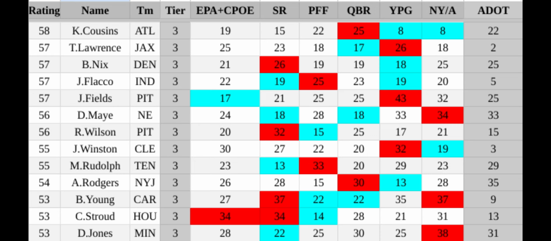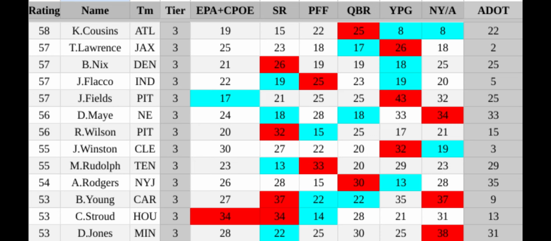Young is a PFF darling as well, just in general, being 22nd in QBR. Not too bad, especially when I think he was their worst quarterback last year. Maybe not, but he was definitely at the bottom. And he didn't put up yards, but he had an average depth of target in the top 10. That's pretty good. There were a lot of things he was doing that were impressive, especially given the reputation he built from year 1.